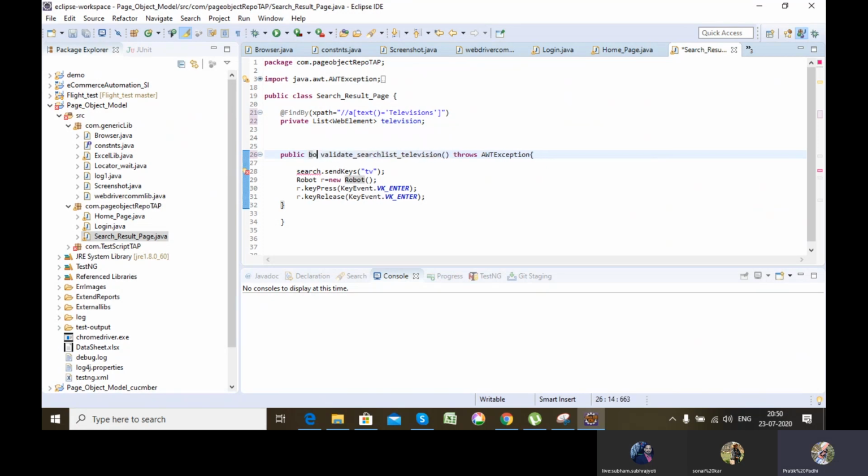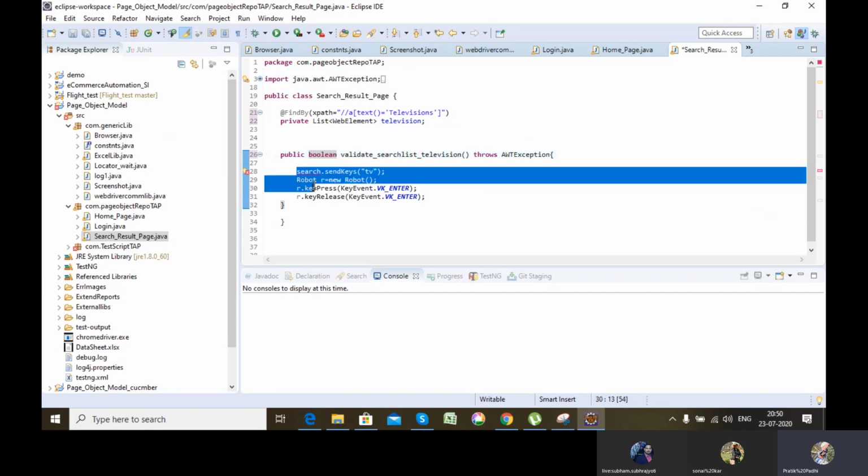So here you make it boolean because I will take this value in my test script. What is it returning, true or false?